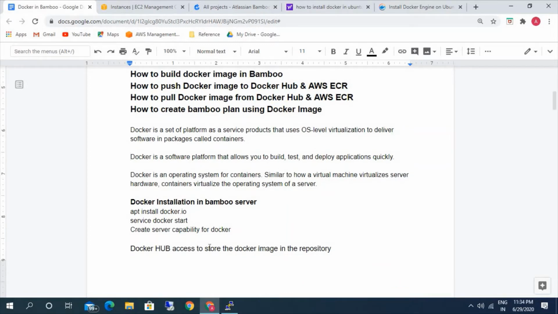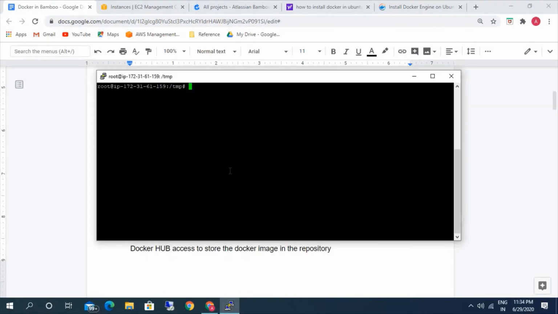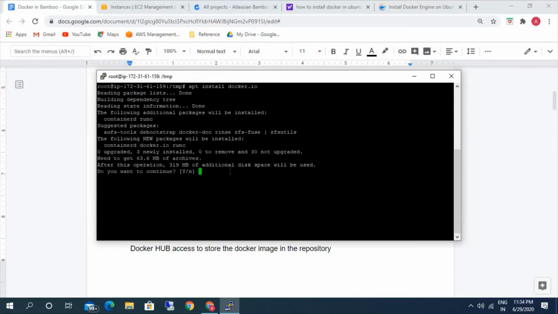So let's try to install Docker and create a Docker image. Okay, first let's go ahead and install Docker on our server. This is the command to install Docker. I'm installing Docker on our Bamboo server.